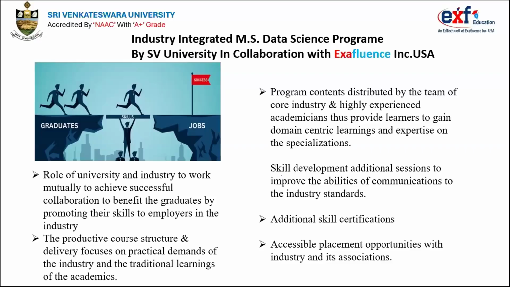With this type of program, what is the role of the university and what is the role of the industry? There are two parties involved in this type of program. So what is the benefit and role of both the university and the industry? The university, as I told you, takes the admissions, conducts the examination and gives the certificate, because the university certificate has credibility and is verifiable and recognizable all over the world. You all know about SV University, and how much verifiability and recognition you will get for your profile. And the industry will be teaching. The complete course curriculum will be delivered by the company.